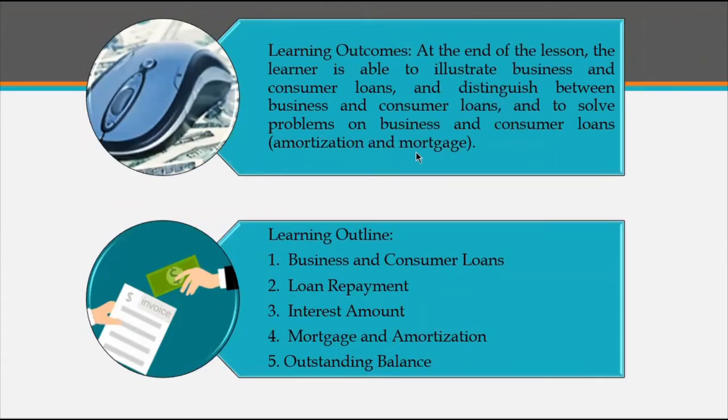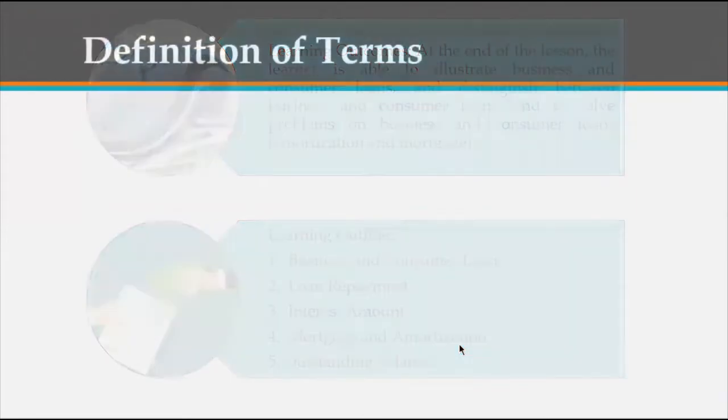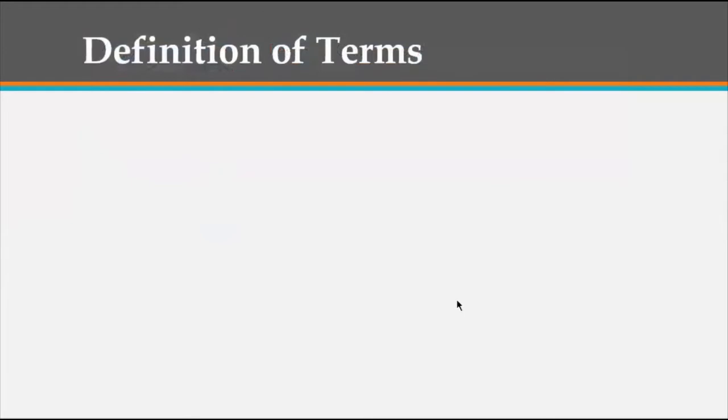Tinatawag nating amortization and mortgage. So, ang mga target natin, ang mga outline, ay nandun ang business and consumer loans, yung definition niya at difference. Loan repayment, interest amount, meron din tayong some example na tinatawag na mortgage and amortization at yung example ng outstanding balance. So, kuhanin muna natin yung mga terms at mga definition na magagamit natin dito sa